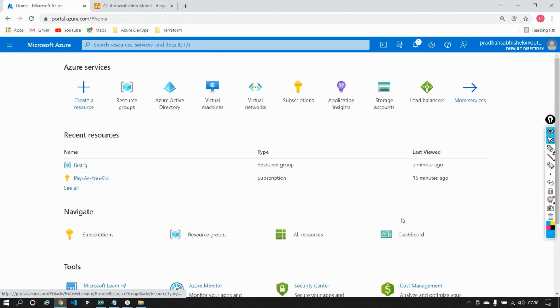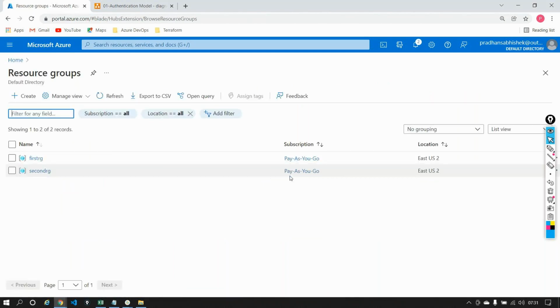Yesterday we talked about user control, or RBAC, role-based access control, which is what kind of role you can assign to a user. And we said there are three broad roles: owner, reader, and contributor. Now I am an owner. So that's established. If I click on resource groups, I can delete a resource group or create a new one. I can do whatever I want with this resource group here.